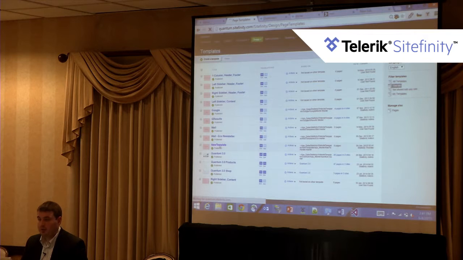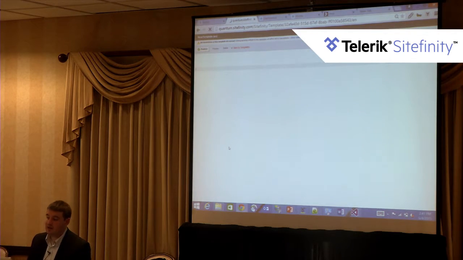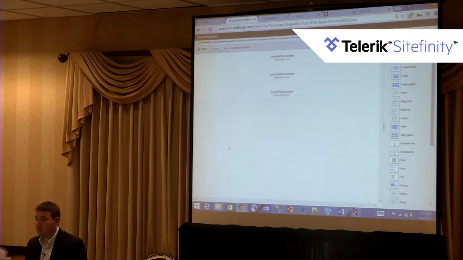If we click into it, we should see those 3 ASP.NET content placeholders so that we can start dragging and dropping content into them. On the MVC side of things, and we'll be looking into this a little bit more with the CSS/HTML files, we've added some special things to act a lot like these content placeholders that are going to allow us to edit our templates in much the same way. And we can just put those in using Razor syntax in there. So there we have our header placeholder, our content placeholder, and our footer placeholder. These are named according to their IT